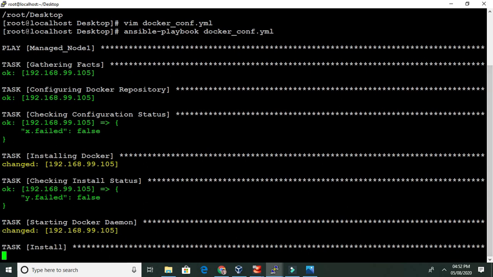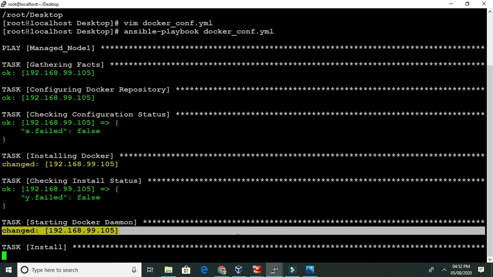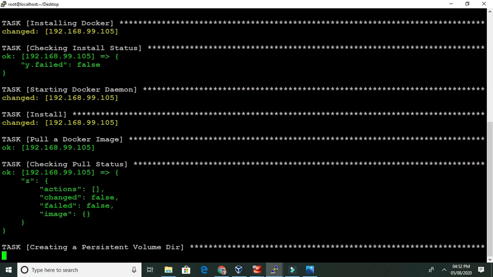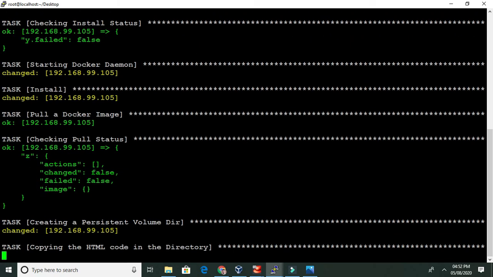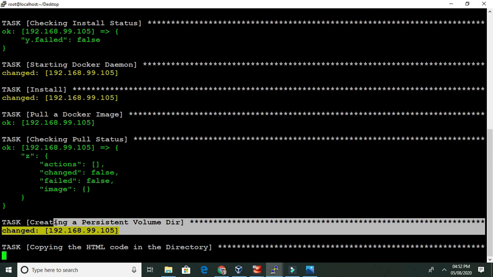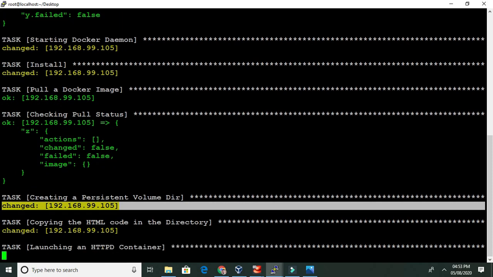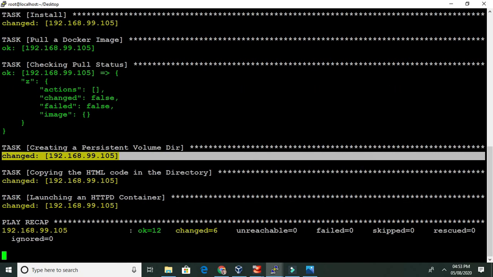Docker service started. Now it's pulling the image from Docker Hub. Now it's creating a volume in the managed node and copying the index.html file from the controller node to that managed node volume, and finally the container is launched.